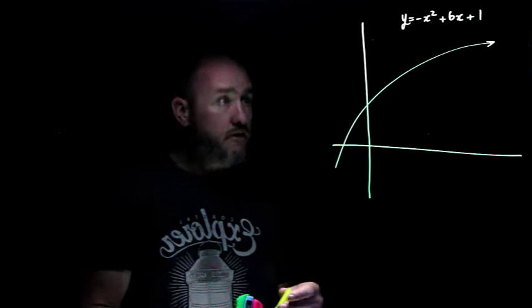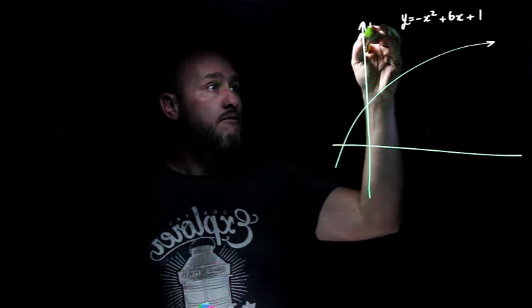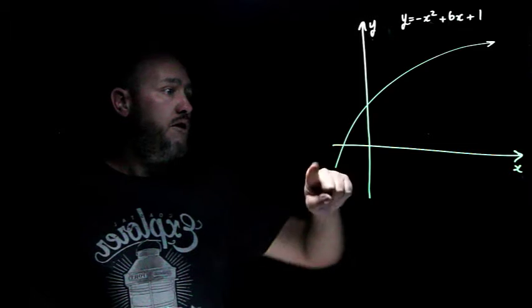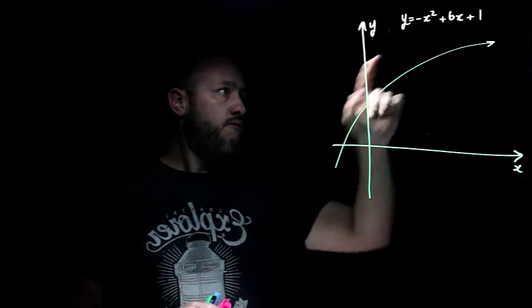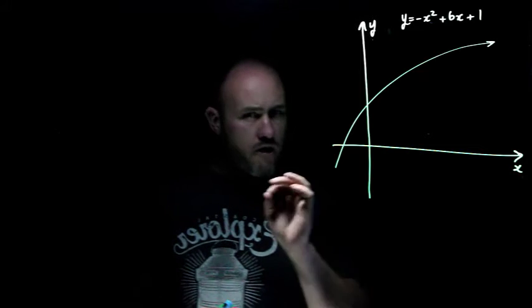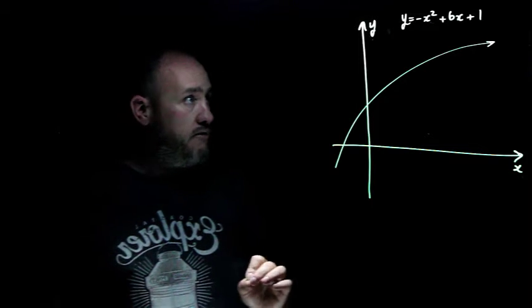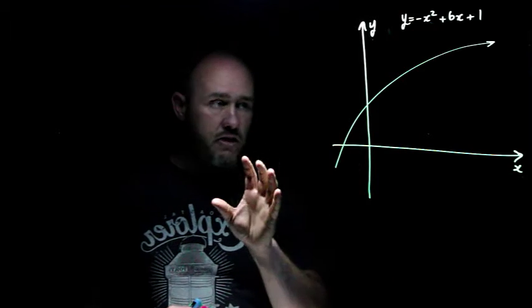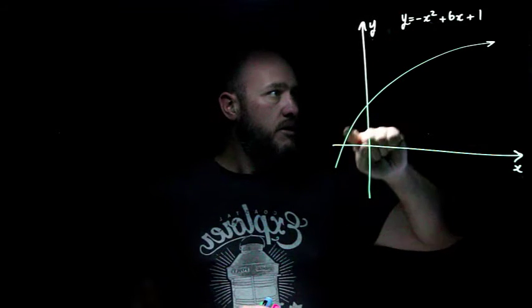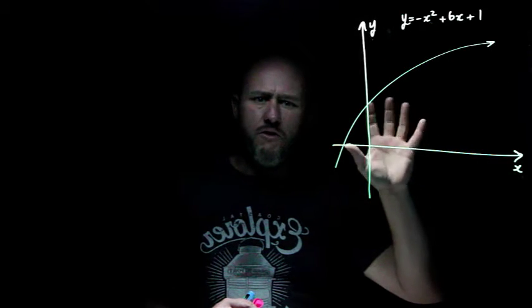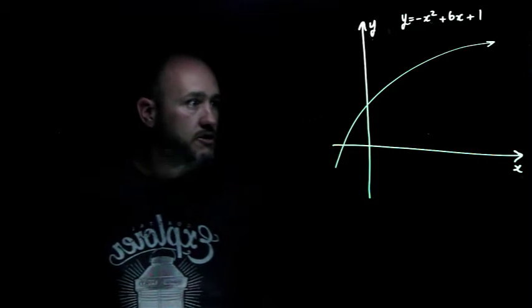So here's a function, and it's a y and x designation. And so I've sketched it here. It's pretty rough, but it's the function y equals negative x squared plus 6x plus 1. I've designed it very particularly like that, and so it's a bit of a complex looking quadratic, but I've done this deliberately because I really wanted it to be sort of heading up in this direction, but slowing down. It gives us a good space to work with, so it's a nice function to work with for this question